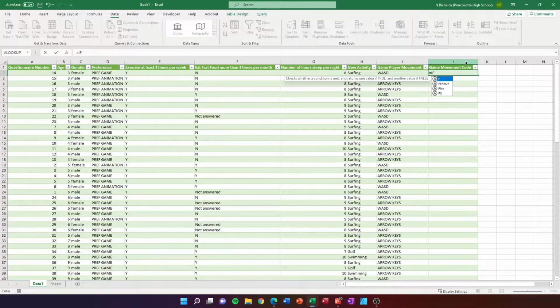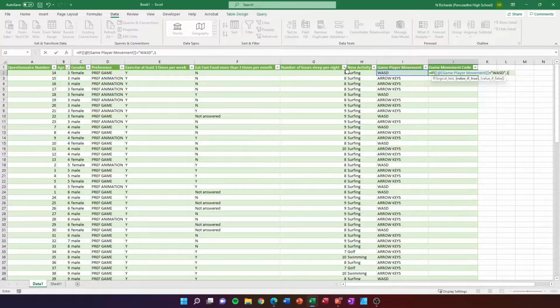So it's an equals to start with, and then it's IF, and because we said IF, we've got to open a bracket. So IF, and it's based on what's in this box here. Normally you'd have a cell reference, but because this has come from the text file, it's done that, but it will still work the same way. You can also type in the cell reference if you like. So IF, comma, if that is equal to, sorry, getting ahead of myself there, in quotation marks, WASD, because it's text,